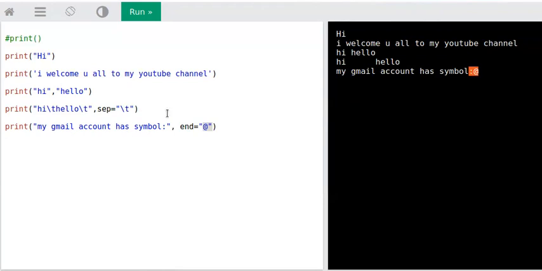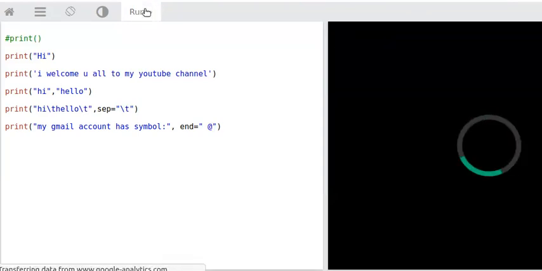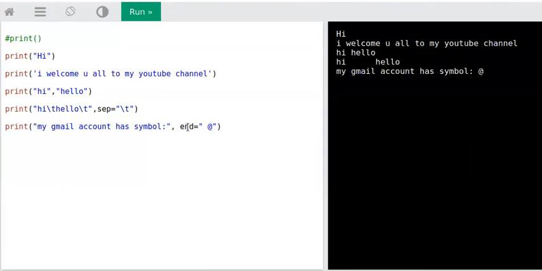Whatever you pass inside end, the stream gets ended by this particular pattern, or by this particular substring, or by this particular character. I can even end with nothing. I just wanted a space followed by this, and that works. The default value of end is new line.